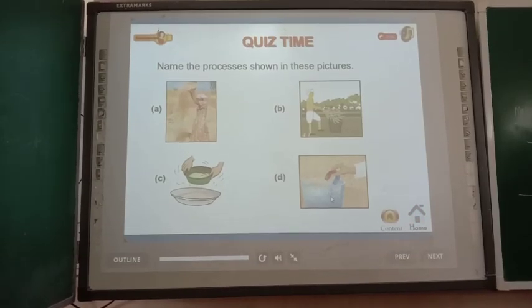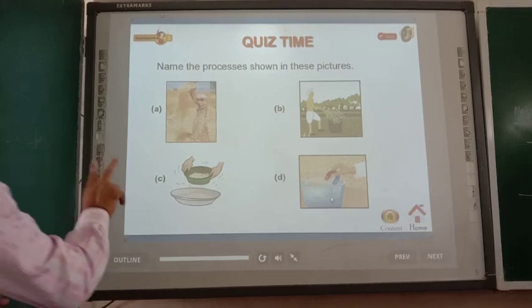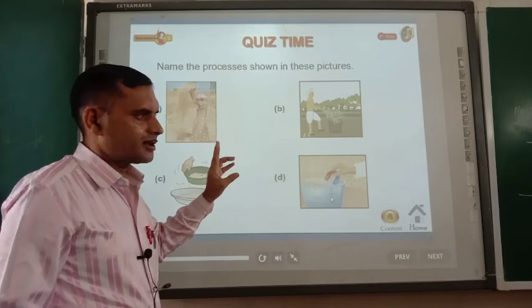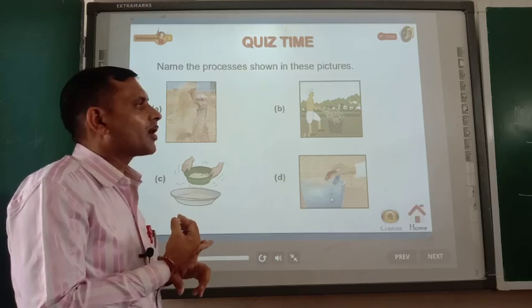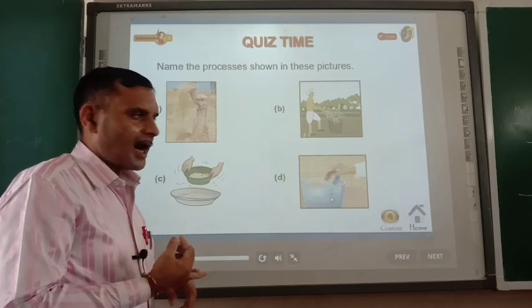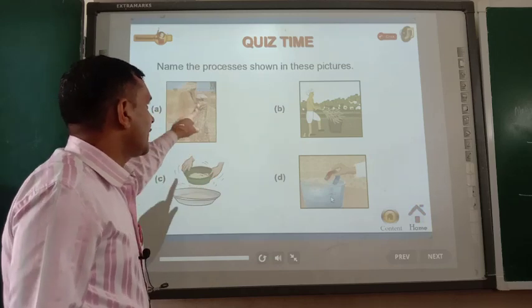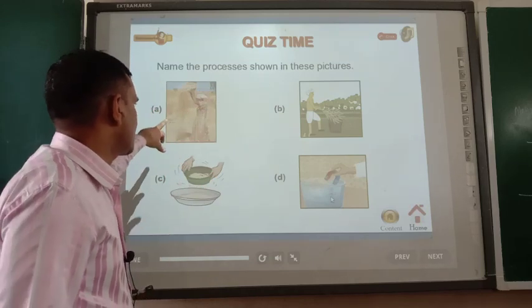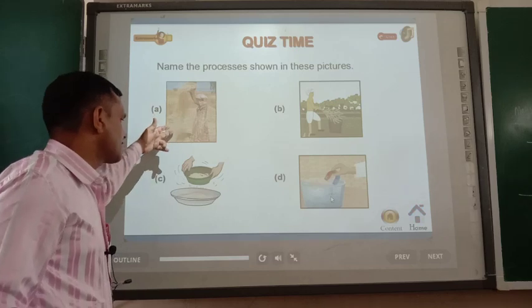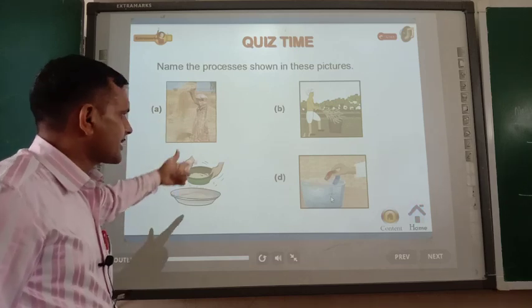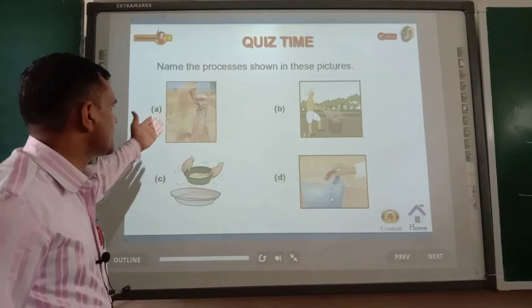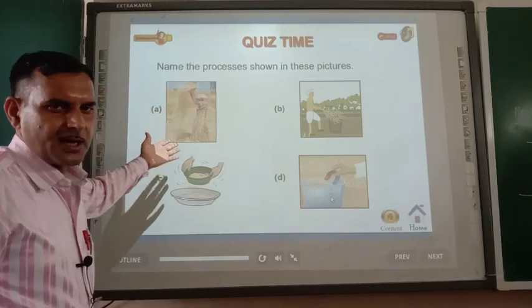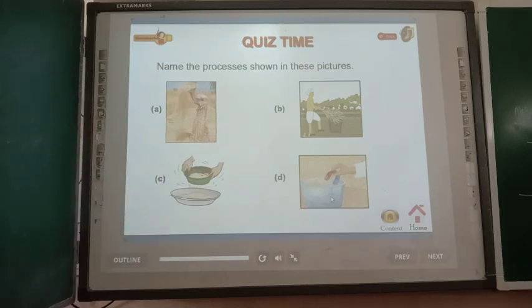So dear cadets, I am going to give you here two questions. First question, write what do you mean by threshing, and second question is what do you mean by magnetic separation. And now the third question is this one, name the process shown in this picture. Just see, what is the name of this process? I hope that you can do this one without the help of anybody.